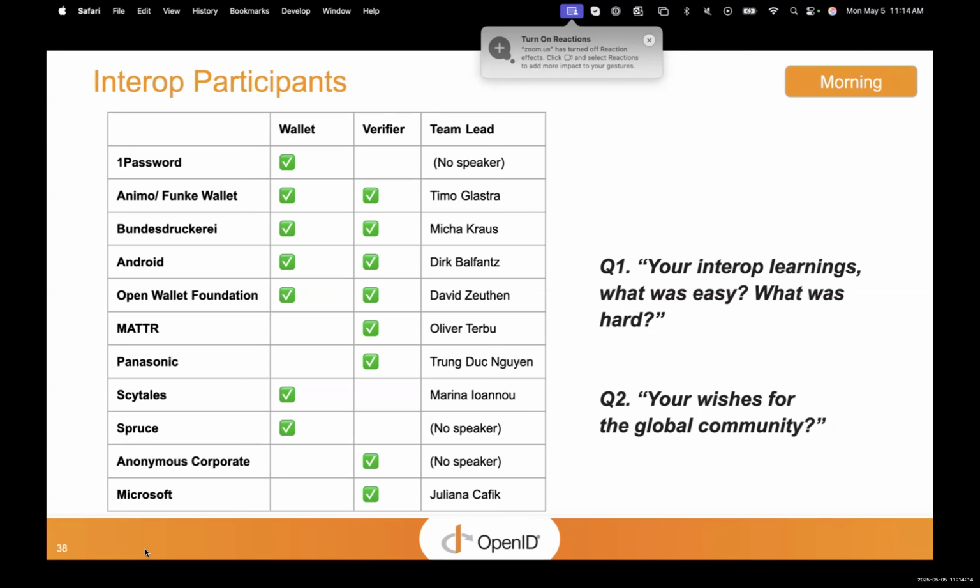About the hash point, I think we have many draft versions and many formats. We don't know which version, which format we need to follow. So I hope in the future the specification is finished soon, and that we have as many interop events as possible in the future. I think that's all.